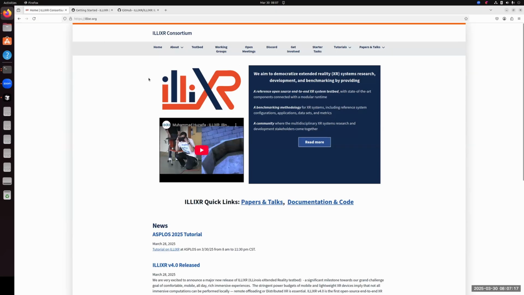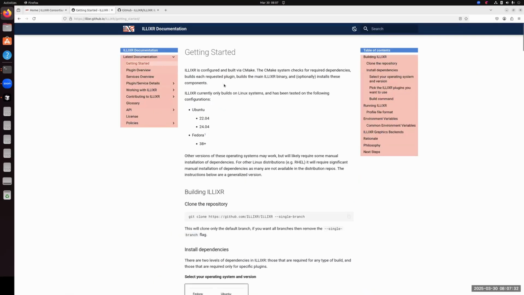So I would first like to direct you to our website, elixir.org, which has information about our consortium and news on development of Elixir. And our documentation is hosted on another site, elixir.github.io.